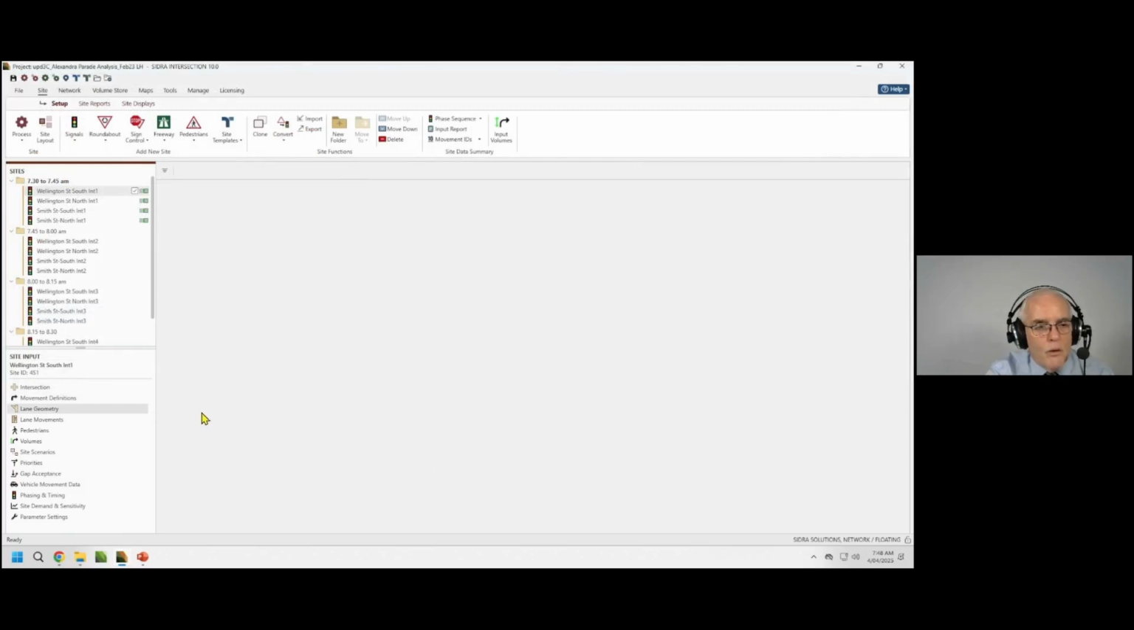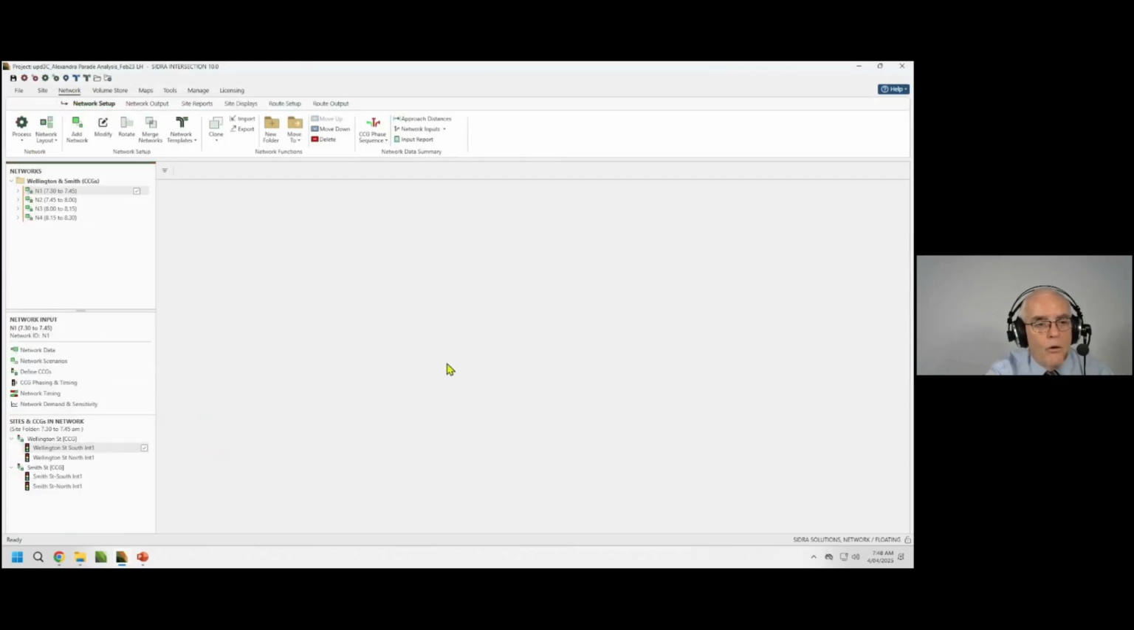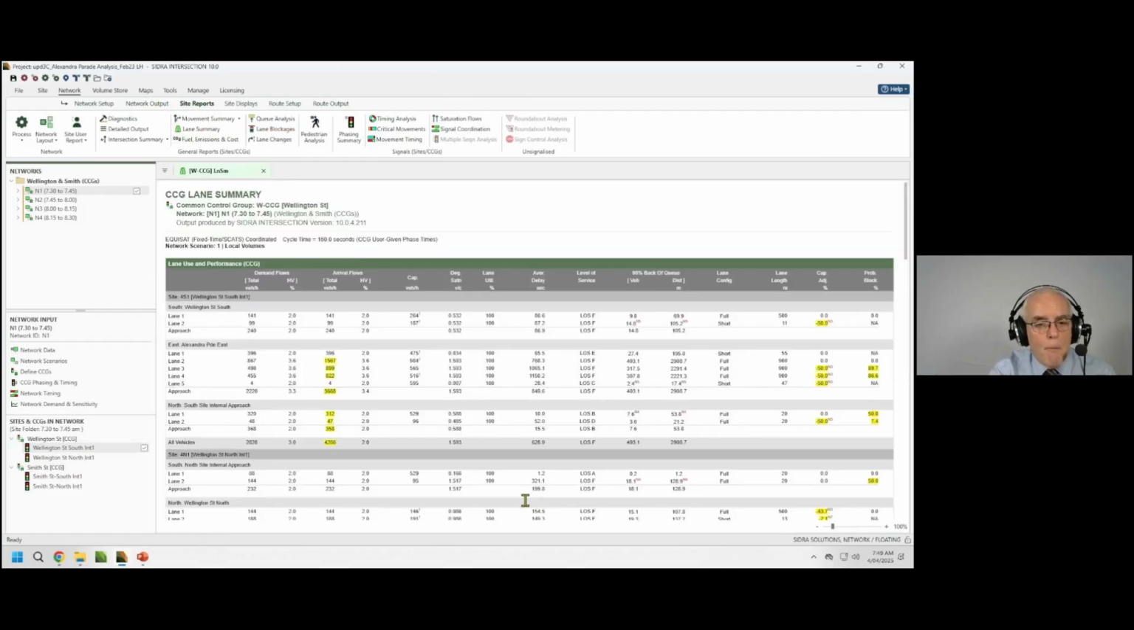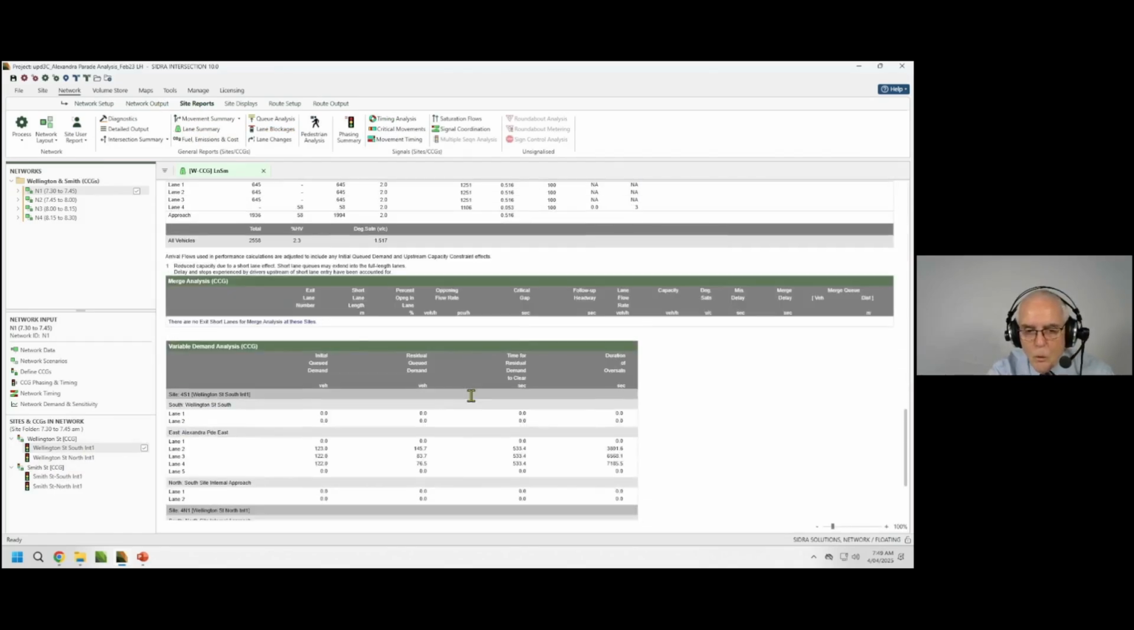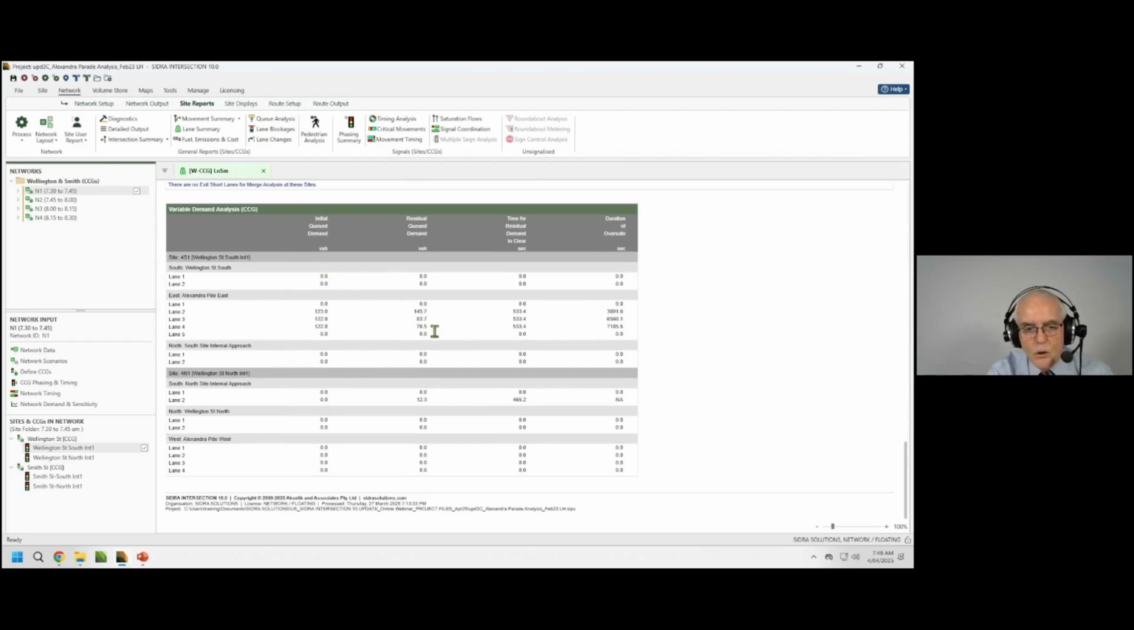So what we can do now is have a look at the network. What I've done is run this network, so I won't process again. If I look at some of the outputs, say I'll choose network N1, that's the first period from 7:30. I'll look at Wellington Street South, and I'll have a look at its site report lane summary. If I scroll down a bit, we do report this initial and residual queued demand. You can see here in Network 1, this site was actually set up with initial queued demand of 123